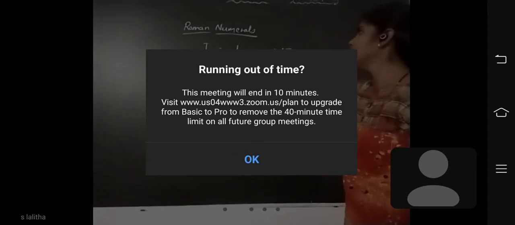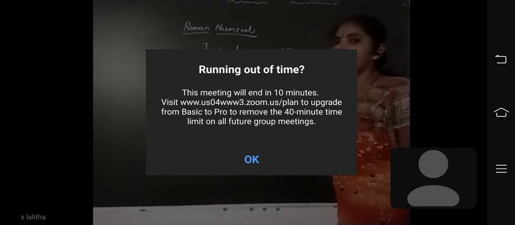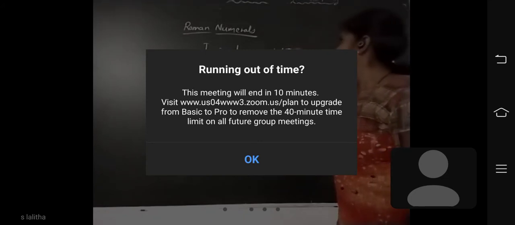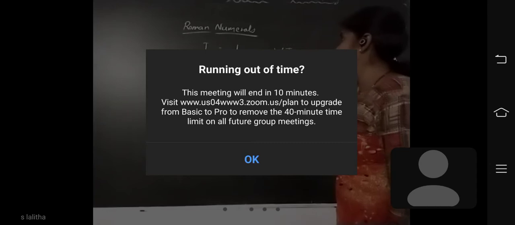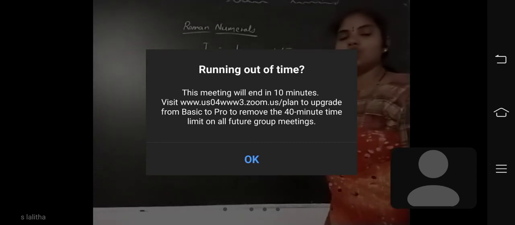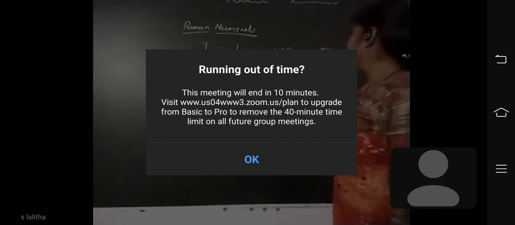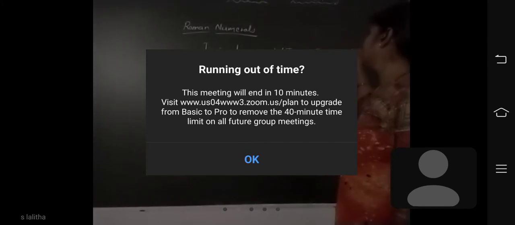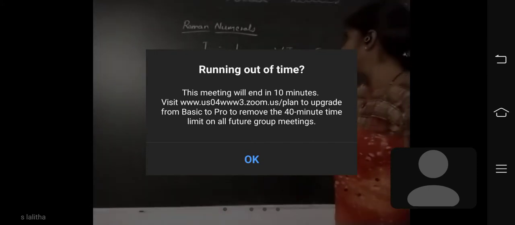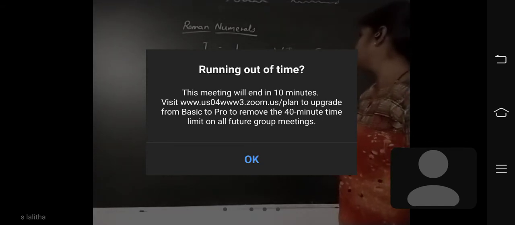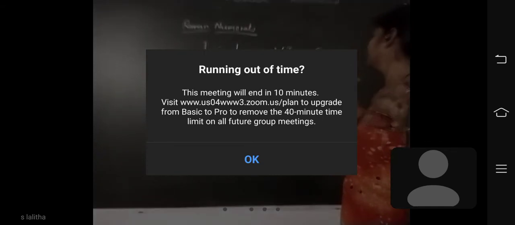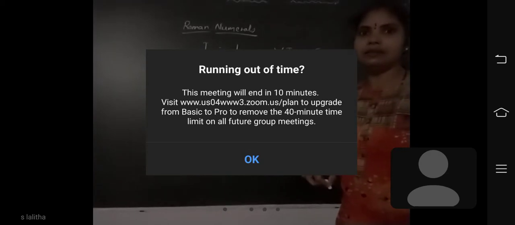But here what you are doing? The number which is less than the right side number, you should add. That means 5 plus 1, how much? 6. If you write it on the left side of the greater number, you should subtract, 5 minus 1. That is 4. Did you understand?